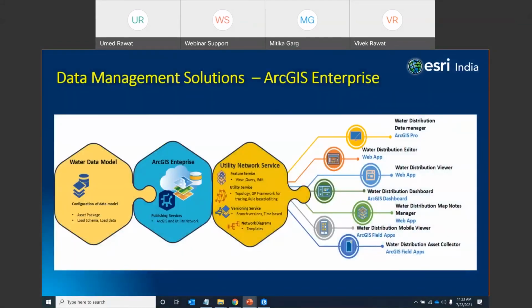Now another data management solution available for ArcGIS Enterprise is our utility network based enterprise data management solution. So in this solution, what is different from ArcGIS Online? ArcGIS Online is a SaaS based platform, but with ArcGIS Enterprise, you have to create your own infrastructure.